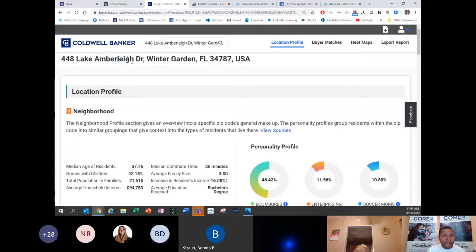As you can see, we have all of this big data. Now, you know Coldwell Banker is part of Realogy. Realogy is the largest real estate company in the world, right? So with that being said, we're privileged to have this outstanding data. We take all of this data and we use different vendors, and we package all the data into this program called